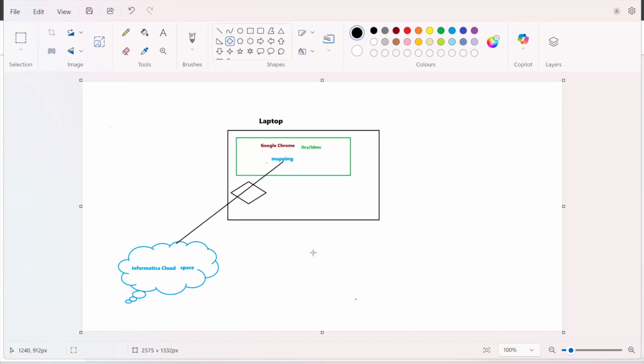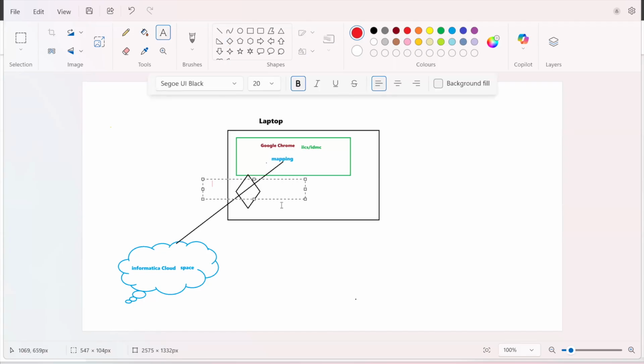In your laptop, you installed a secure agent, correct? Yes or no, please? So by using this secure agent, the mapping or whatever object you create in your local system will directly go.